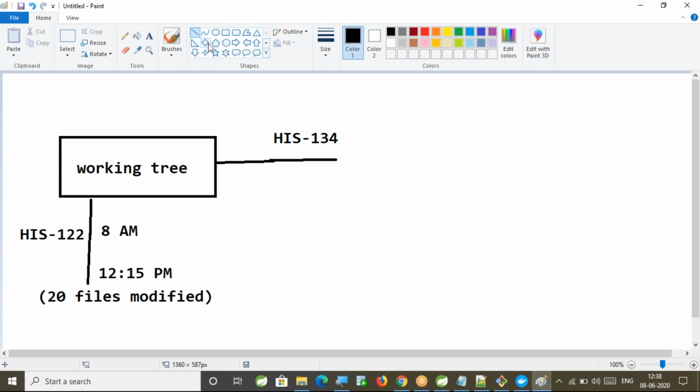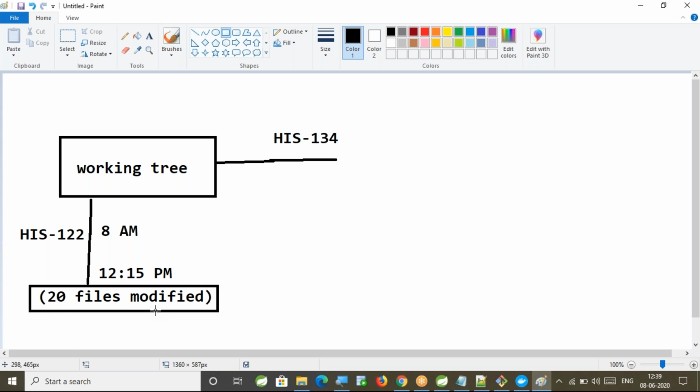Right? So whatever the 20 files that I have modified here, what about these files now? Can I commit these files? I should not, because the development task is not completed. I am in the middle of that. Compilation problems will occur if I commit my files now. So I should not commit it. Can I delete these files? The 4 hours of time you spend is going to waste if you delete these changes.